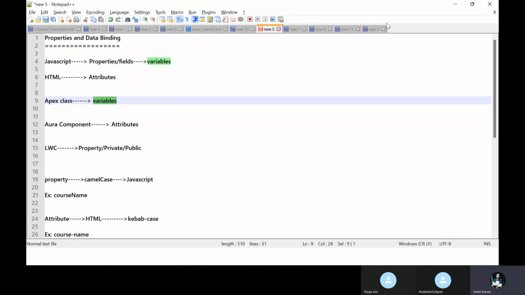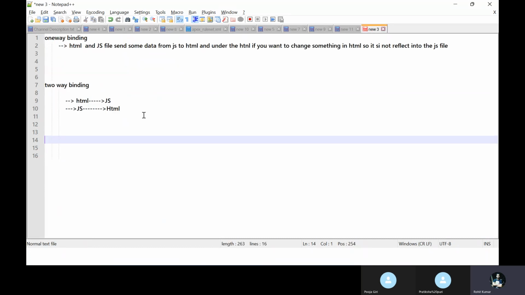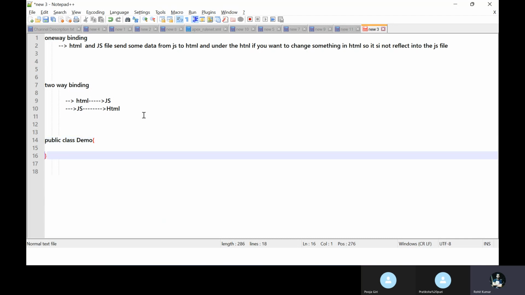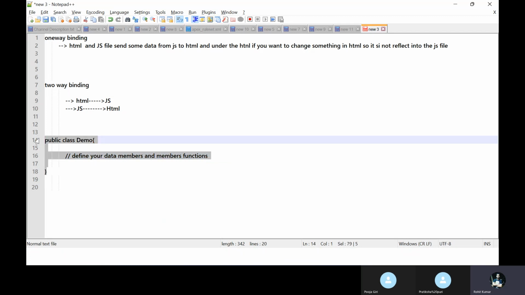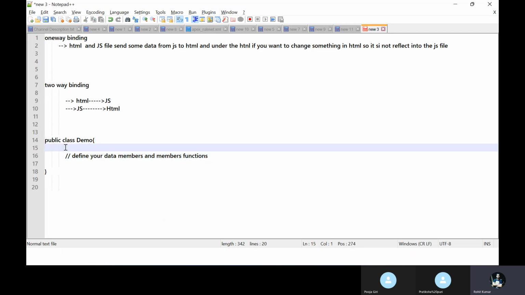Once you define a class, like public class, then your class name, like Demo, this curly bracket holds the class body, and then you can define your data members and member functions. A class is a collection of data members and member functions. So this is the snippet of the class.